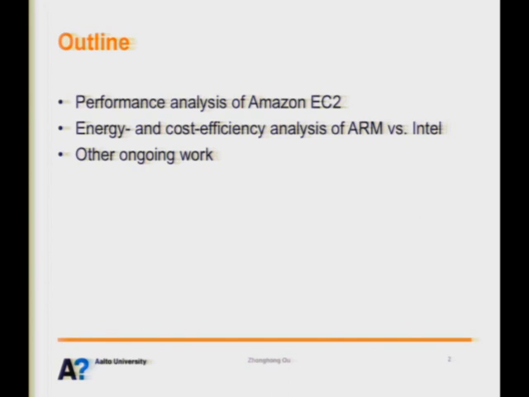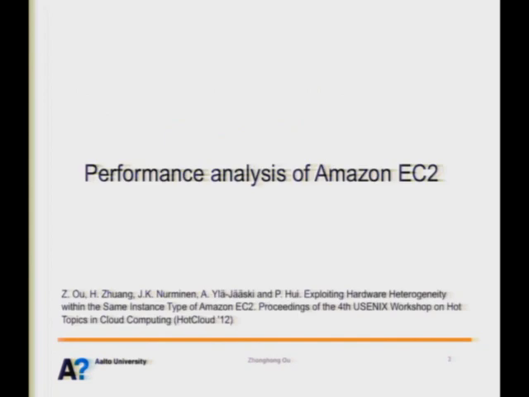Then I will talk a little bit about massive scale machine-to-machine services. We don't have ready results yet for that project, but I just want to share what we are doing right now, and I am willing to get feedback and comments regarding that work. Firstly, I will talk about the performance issues of Amazon EC2. This is the work which I just presented four or five days back in Boston, at HotCloud, combined with the USENIX Annual Technical Conference there.